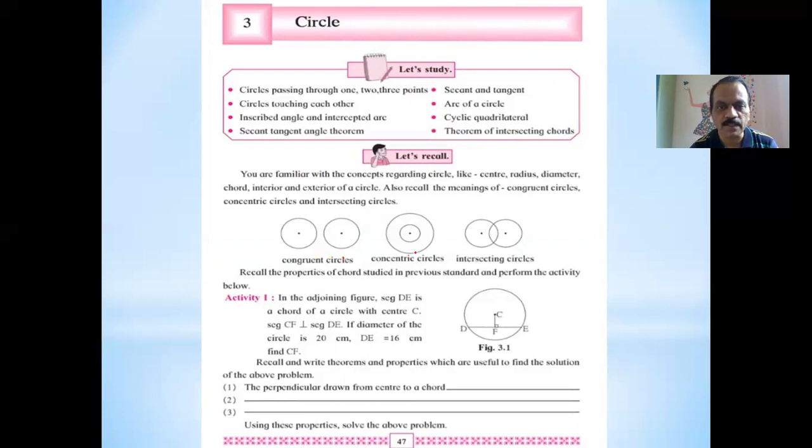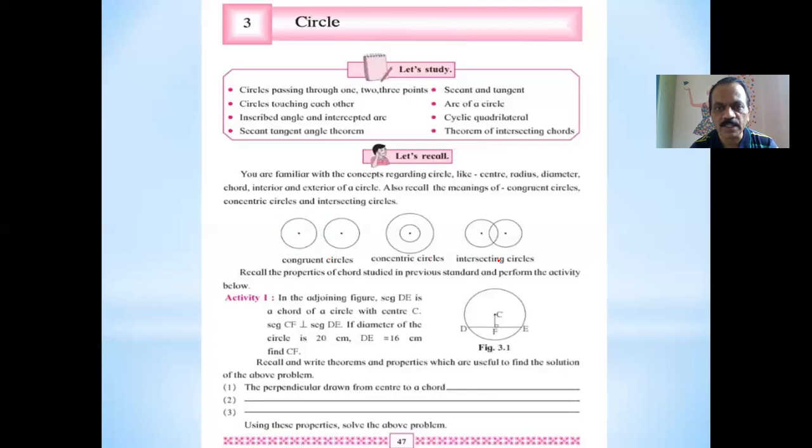That means the radii of both circles are congruent, the same in measure. Now the next point: when you draw circles having only one center and we change their radius, this type of circles are called concentric circles. So many circles we can draw in a plane with different radii. We draw congruent circles, having the same radius, at different places in the plane.